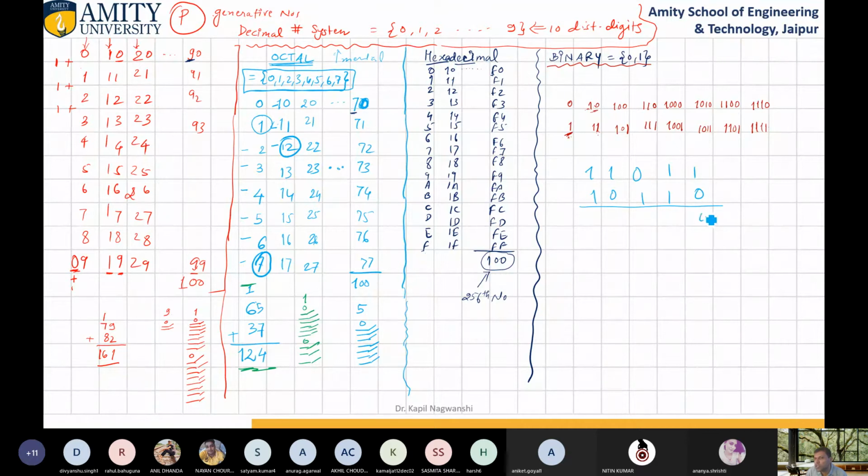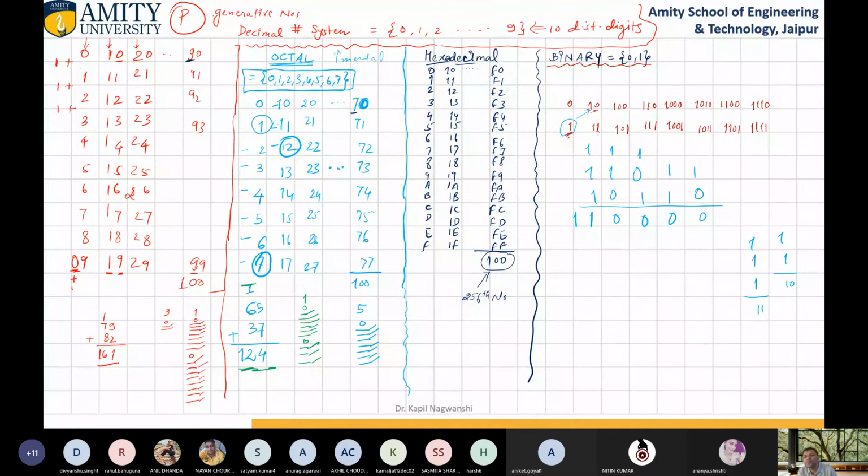Let me start. 1 plus 0 is 1. 1 plus 1 is how much? This is the current digit, and the next 1 plus 1 is the next. So this will give you 10. Let us write 1 plus 1 as 10 and 1 plus 1 plus 1 as 11. It will also be helpful for you in the initial stage. So here 1 plus 1 is 10 and then carry 1, and 1 plus 1 is 10, then carry 1, and 1 plus 1 is 10, then carry 1, and 1 plus 1 plus 1 is 11. Okay, there is no carry. So this is our answer.